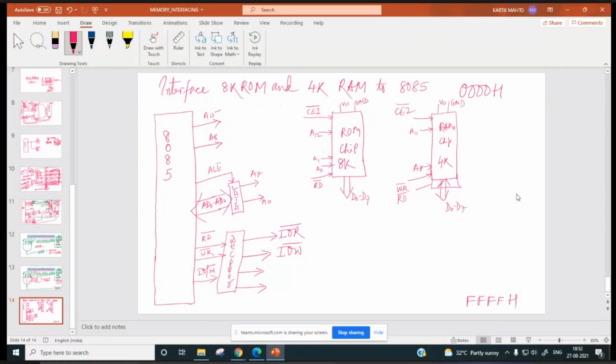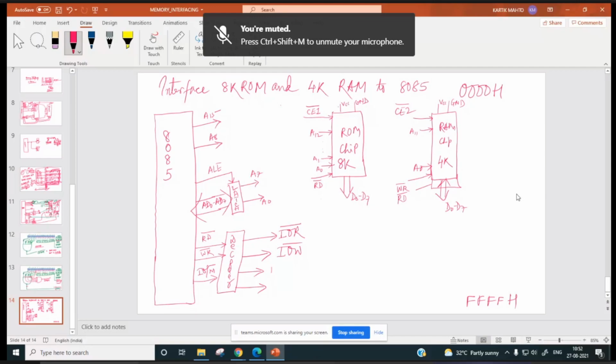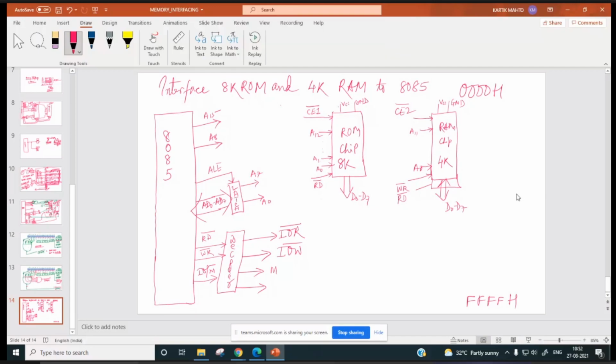And this will be MEMR, memory read, and MEMW, memory write. So this memory write will go to this, and memory read will go to this.